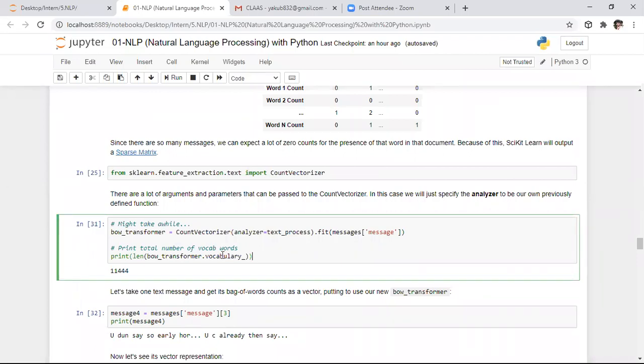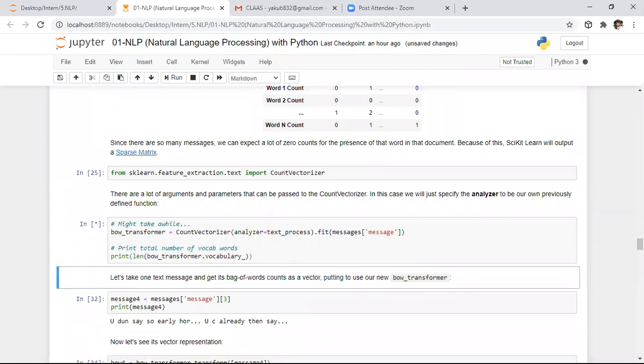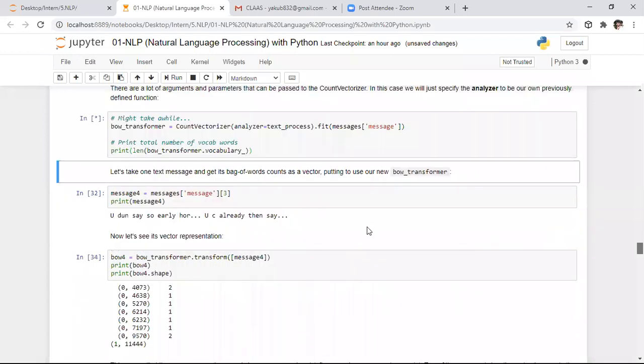By using this, we created different vectors. After that, I want to apply the bag of words method. For message 4 from the data frame, I want to know the bag of words.